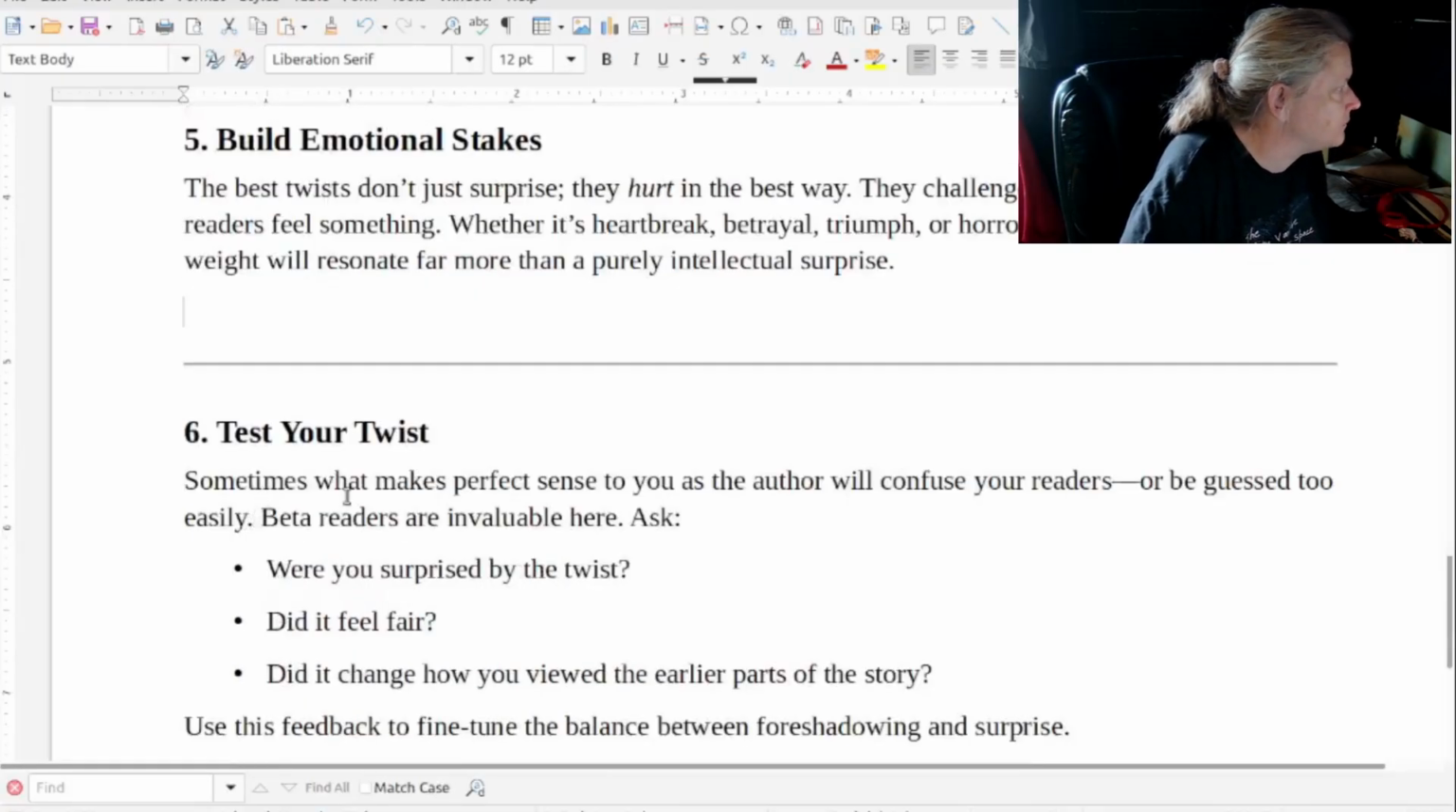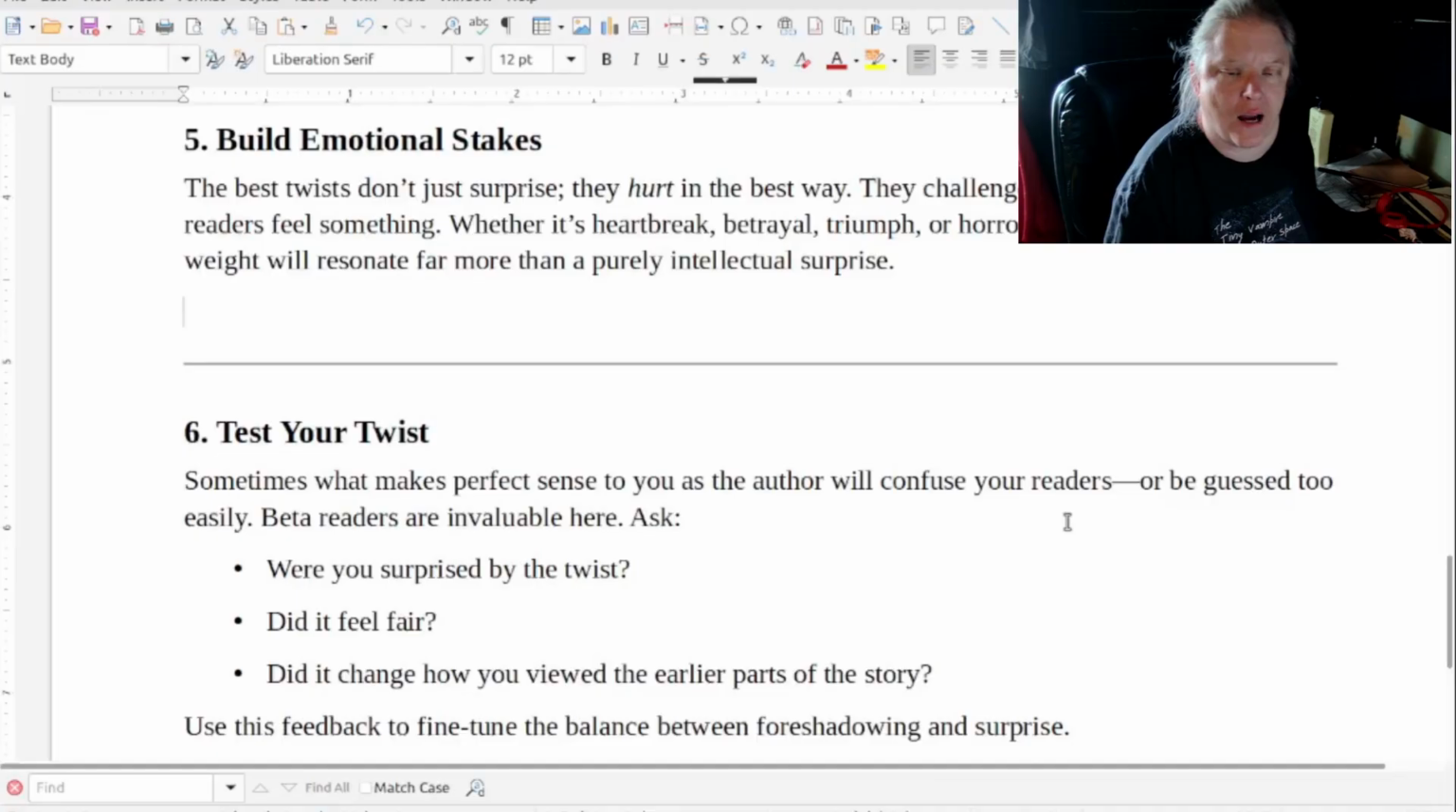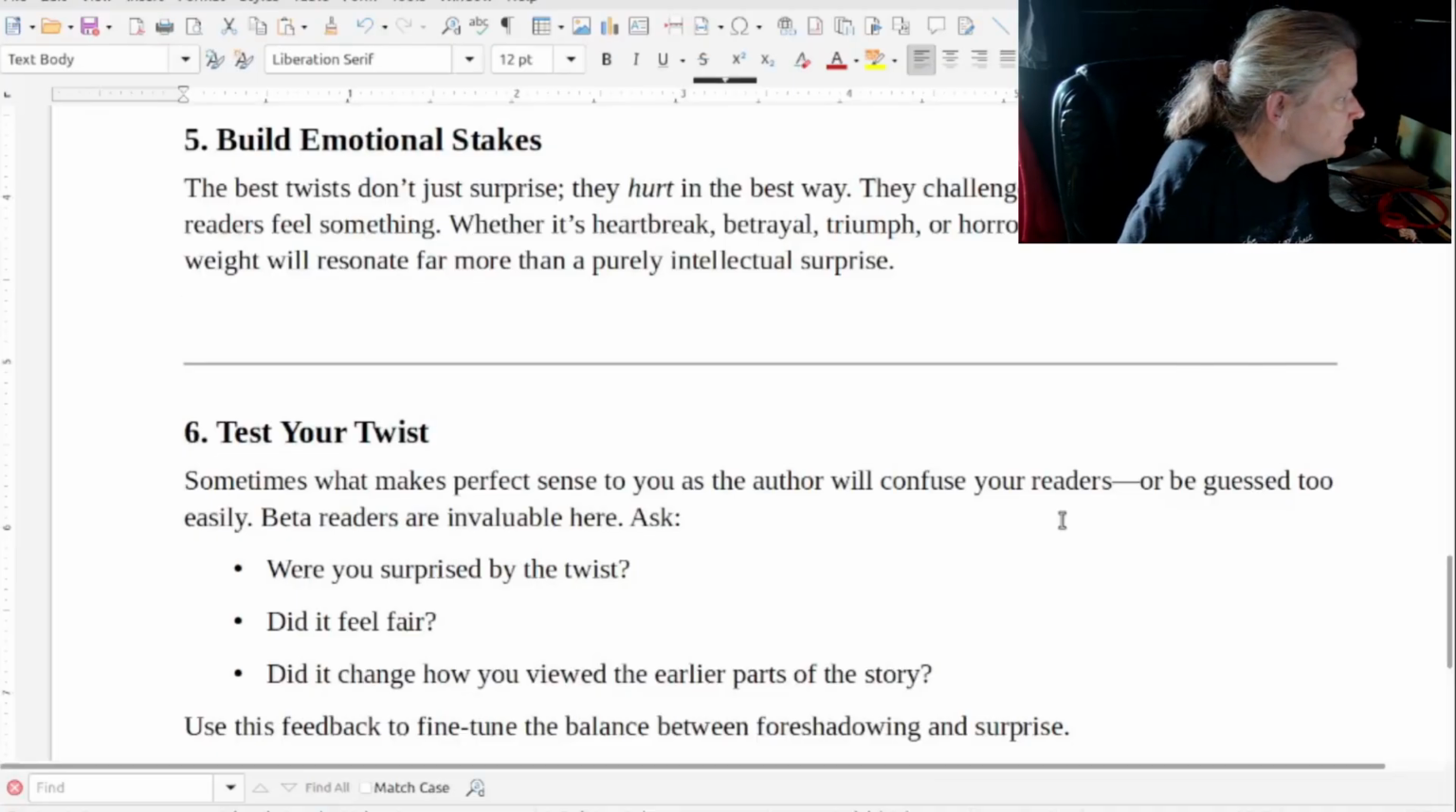Number 6, test your twist. Sometimes what makes perfect sense to you as the author will confuse your readers or be guessed easily. Beta readers can help you figure out if you're doing it just right or if you're off a little bit or if it needs work. So,